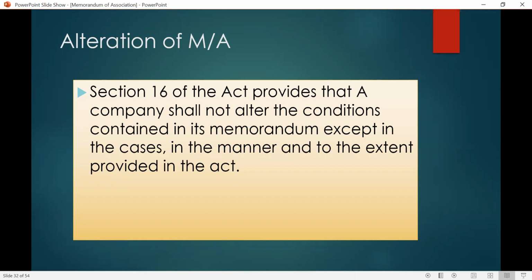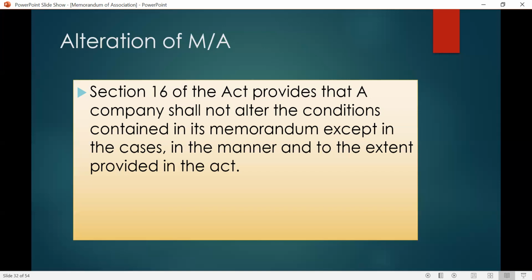It is just like the constitution of the company. So it is an unalterable document. But in a few cases, some of the items, some of the aspects, some of the points can be altered. But the alteration is not an easy task. Alteration has its own procedural aspect, and all those procedures are to be followed for altering the memorandum of